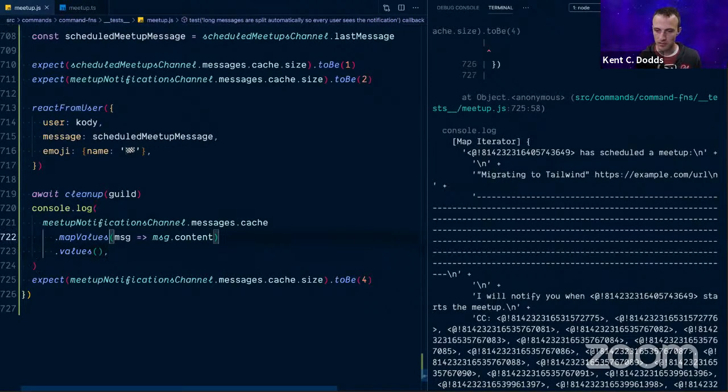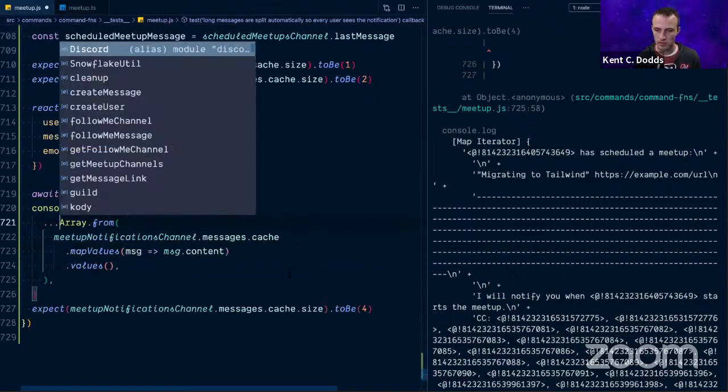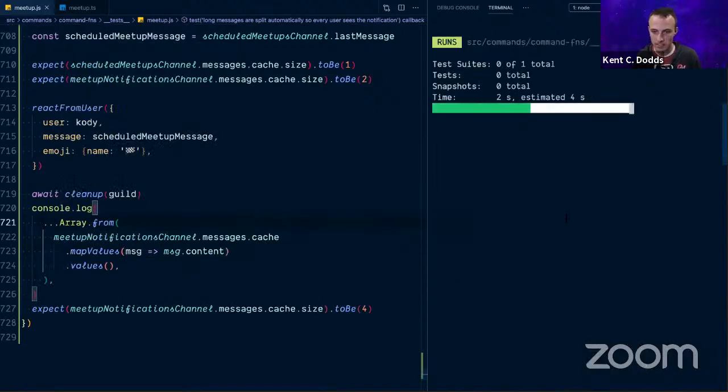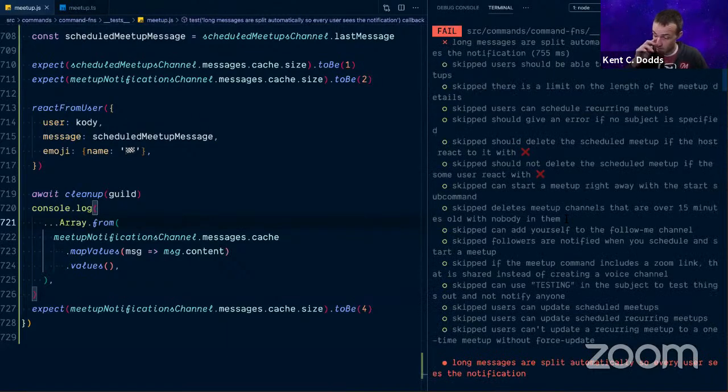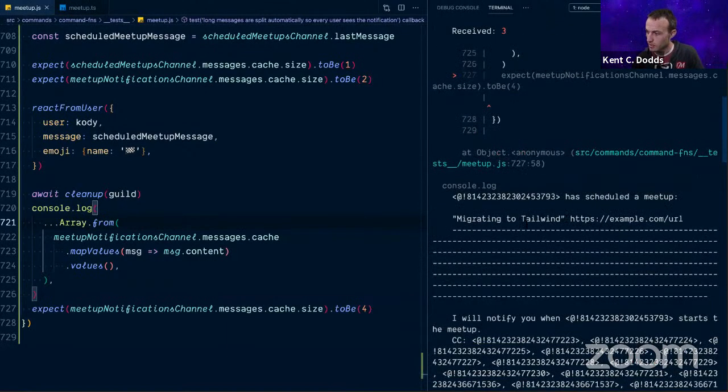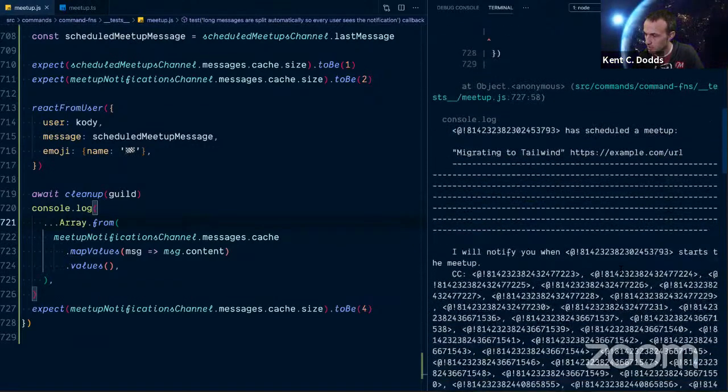Goodness gracious. I just want to see the messages without all the plus concatenation stuff. Okay, so this person is scheduled to meet up. Here's the message details. I will notify you when blah, blah, blah starts the meetup.